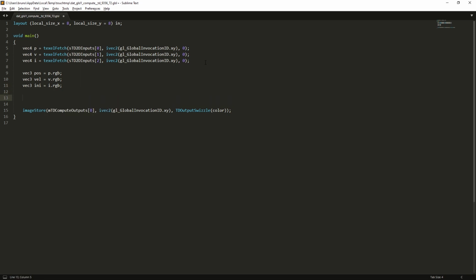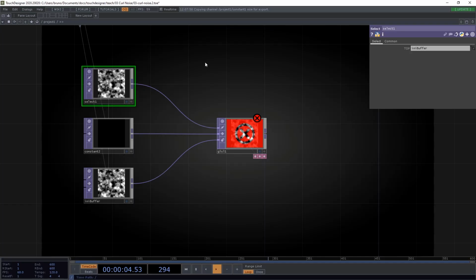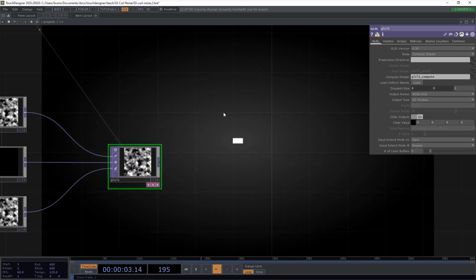And now our compute shader is going to output to 2 color buffers, one for position and one for velocity. So we can bring this line up here, and instead of color we want to write a vec4 of pos, and for now a constant of 1. And we can duplicate this line and change the output index to 1, and the color is going to be a vec4 of vel and also a constant of 1. And we get an error message because our number of color buffers is only 1, so let's change that to 2. And we can see our first buffer in the viewer of the GLSL top,